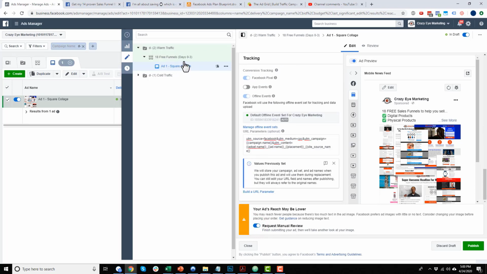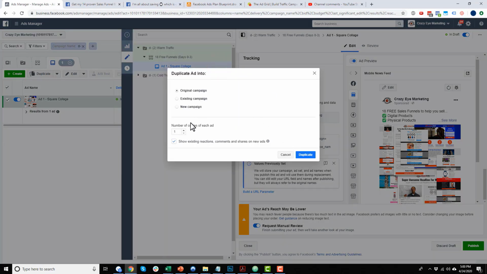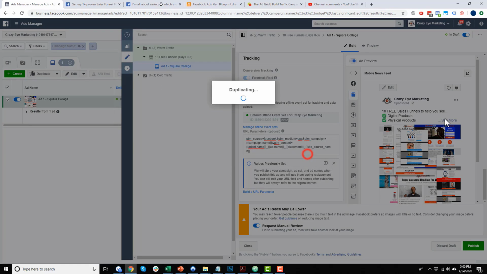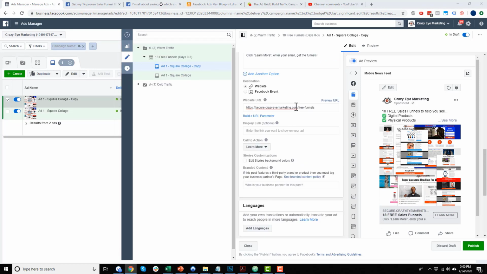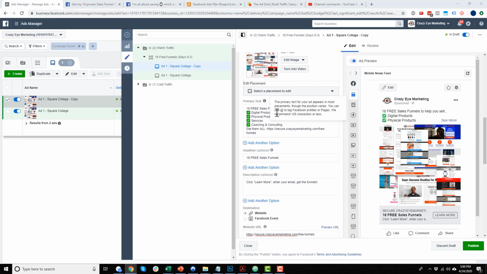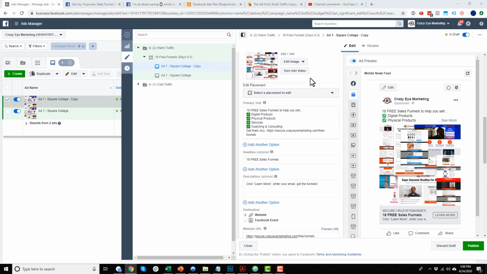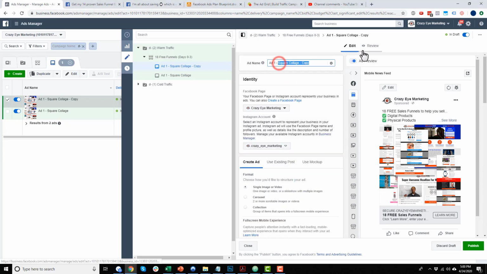That ad looks good. And I want to go ahead and duplicate that ad. And I want to keep it in the same campaign and duplicate. And I want to go ahead and create a new ad, and this one is going to be a video ad, and it's actually using the same copy as before. So I'll go ahead and call it ad one video,